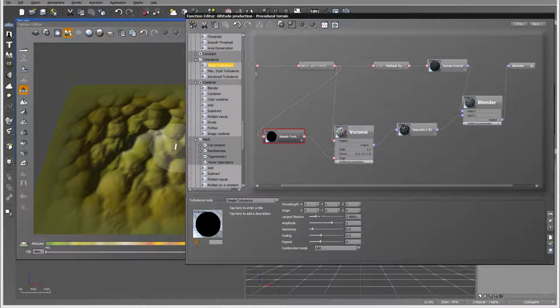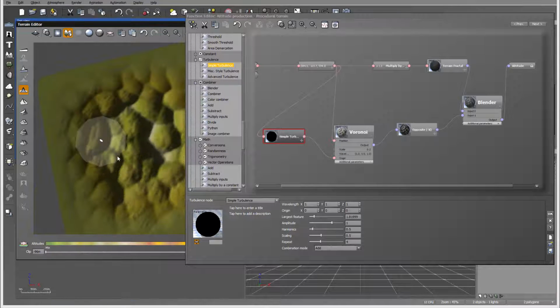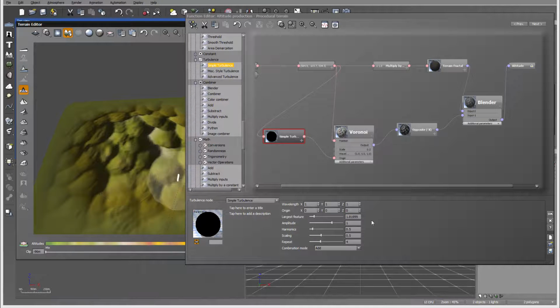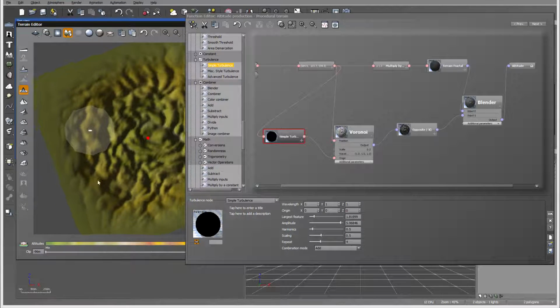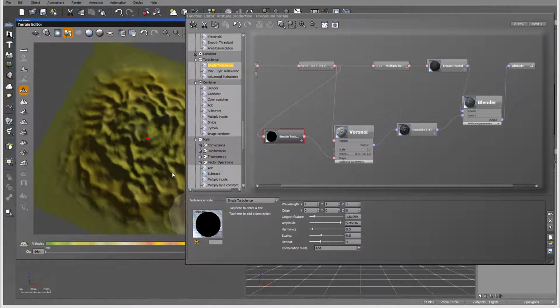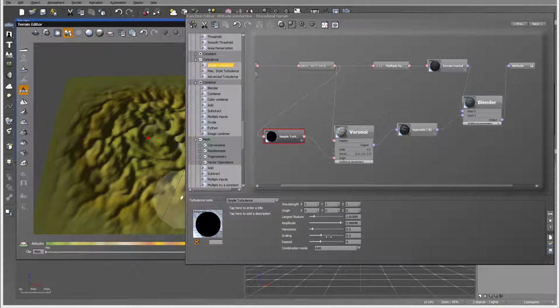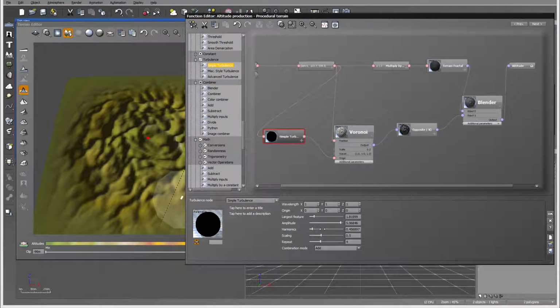So let's take larger features and take it down slightly, so you can see we now have more smaller details applied. We can also take amplitude and pop it up a little bit higher. There you go. Now we start having interesting stretching. Okay, let's take harmonics maybe a little bit down,